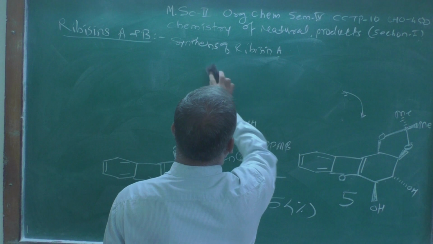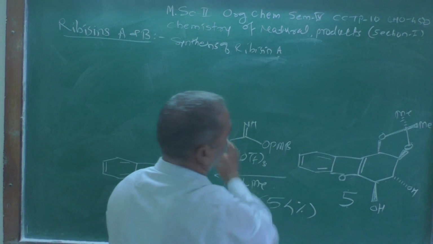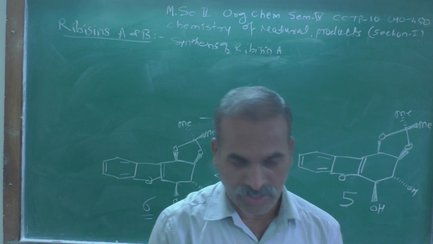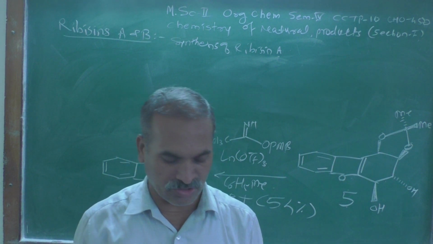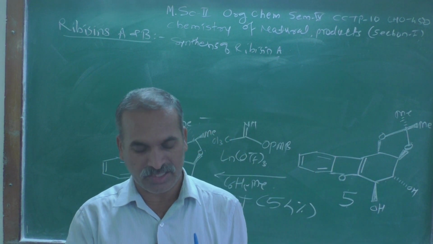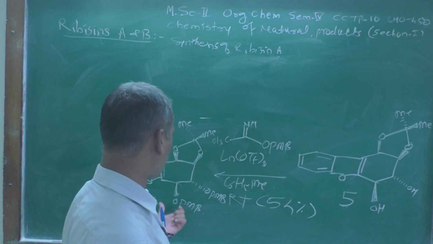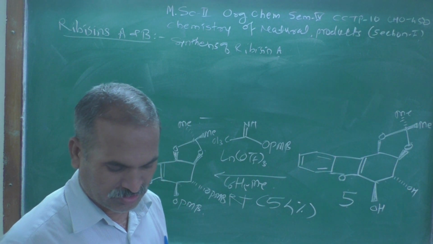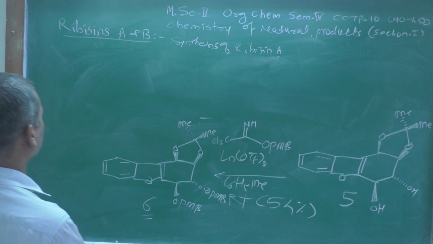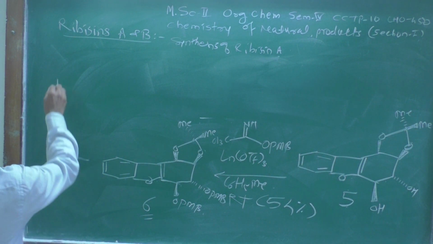Let's see over here, because we are discussing this kind of the discussion we already discussed in our previous lecture, and now we are continuing that lecture further to complete the synthesis of ribosine B. We see this is a structure number 6, and that structure number 6 when treated with the reagent, the reagents are like this. I am showing arrow here like this.